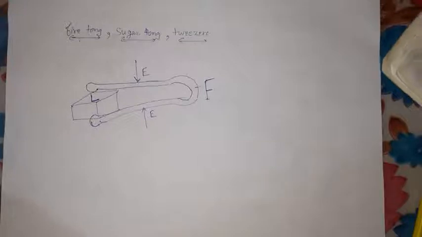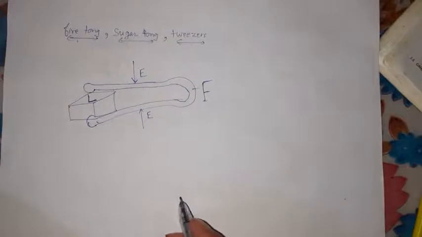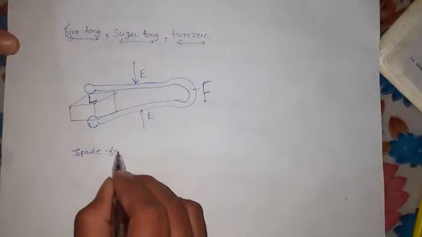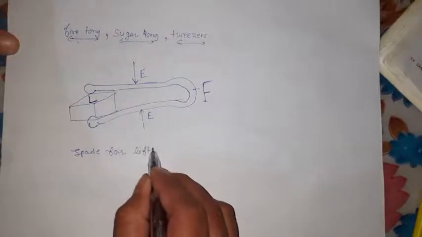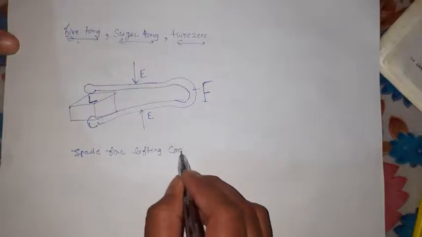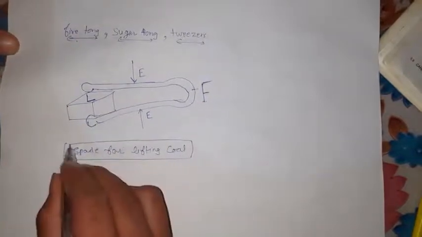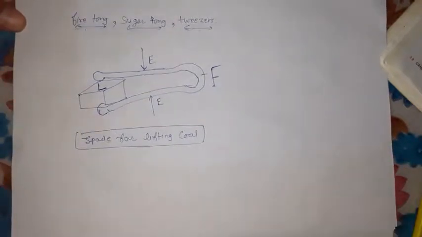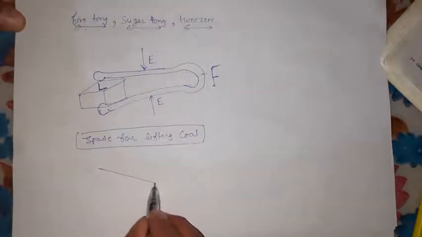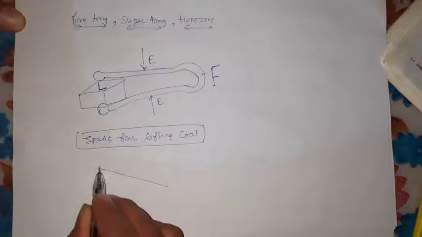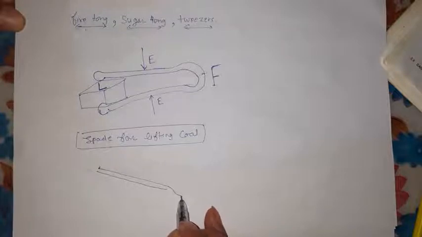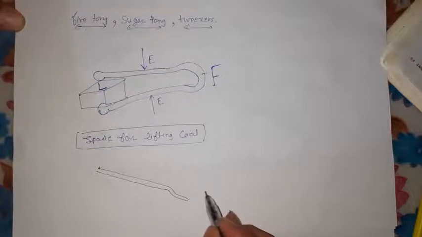Okay, now the next example that we can look over here, student, is regarding the spade for lifting coal. You can do this one. It is for lifting coal. So that spade which we are using over there is also going to be a third class lever. Now let us look over here at how it is a third class lever. So there we are having the shape of the spade. Okay, so that spade, initially one more spade that we already discussed in first class lever, student.